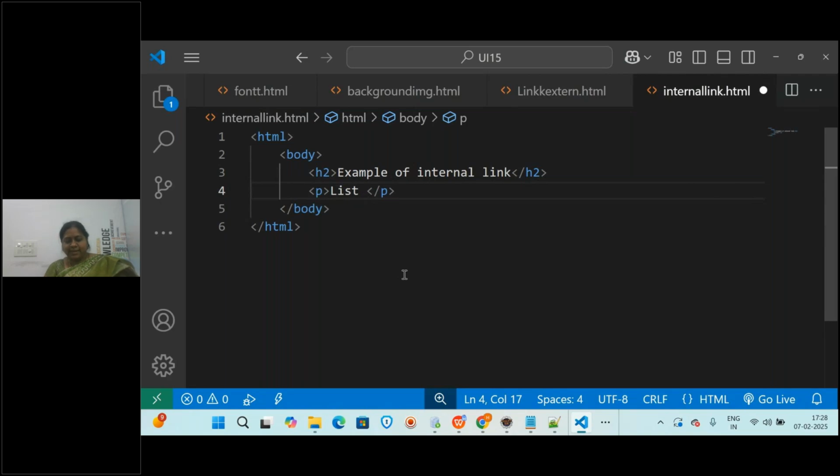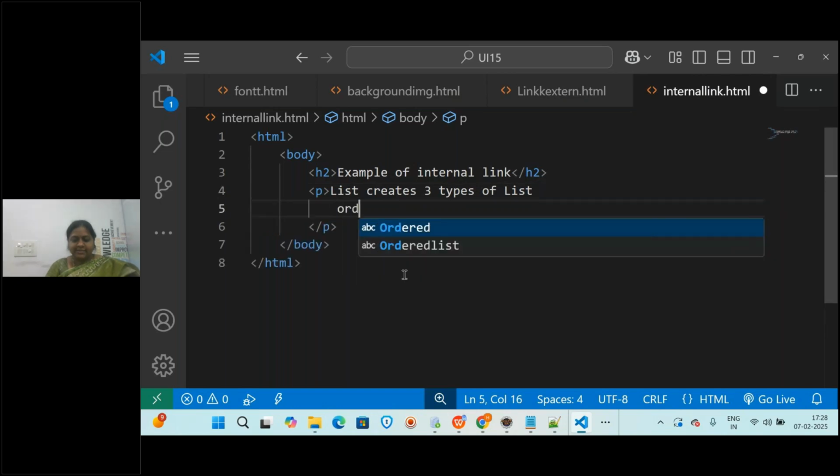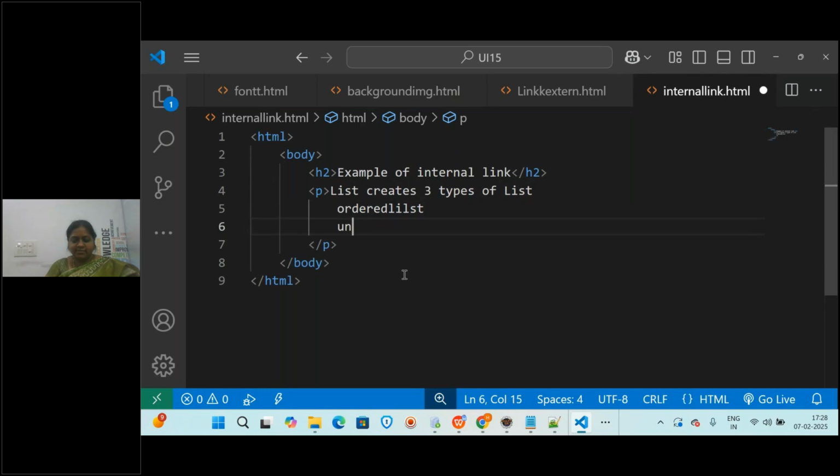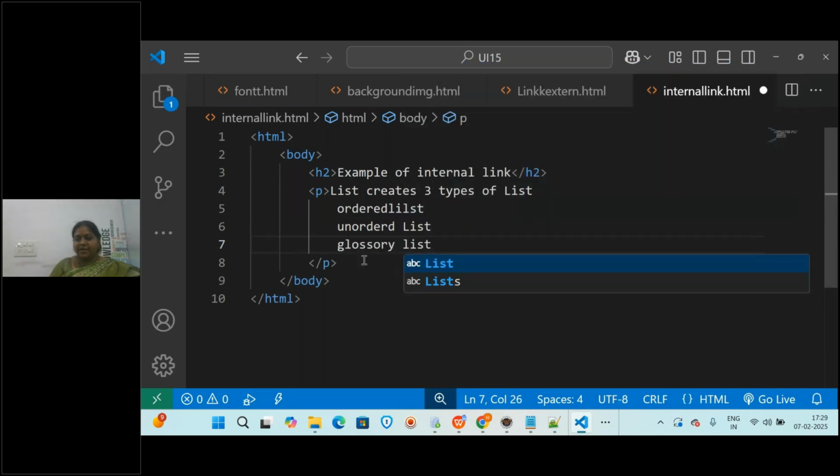List creates three types of lists, and I will be writing an ordered list, and like this an unordered list, and then some other glossary list. Now everything will come in the same line because I give it as a paragraph.